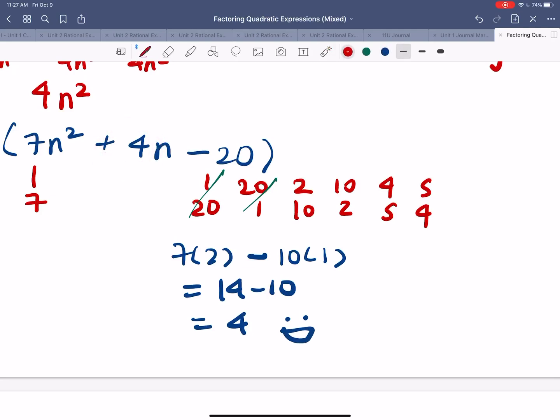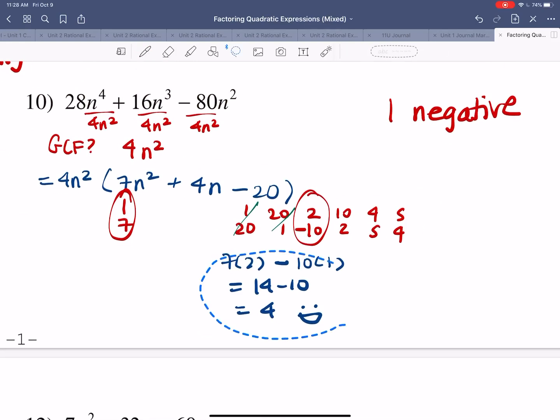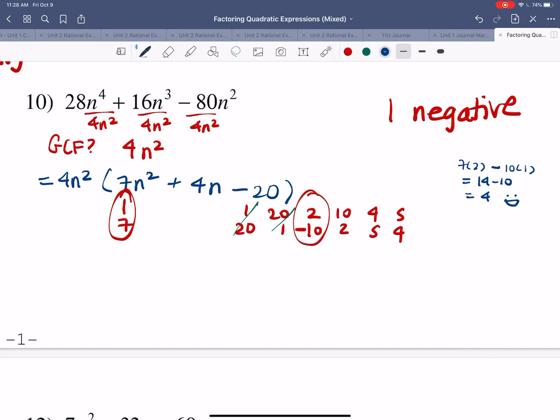So I'm going to circle this and circle this. Meanwhile, I want to put a negative there, right? So this is kind of in my way. I just want to show you what I was thinking in my head. And so I'm going to list it. Remember, when I'm listing it, I'm writing it horizontally. And so I write 4n squared. I'm going to write not just 1, but 1n, which is really n, plus 2, 7n